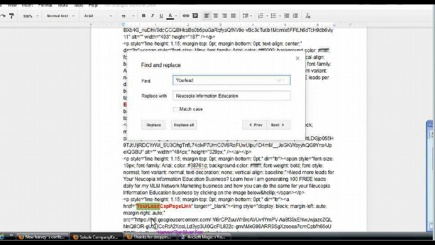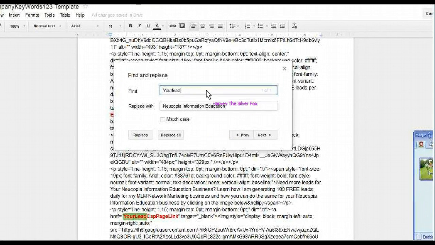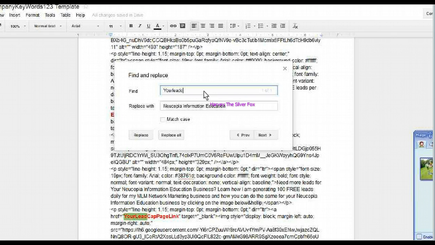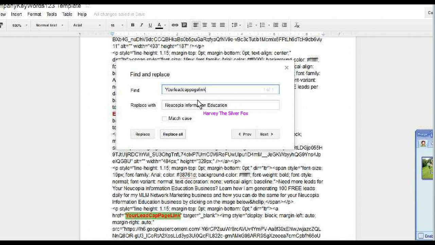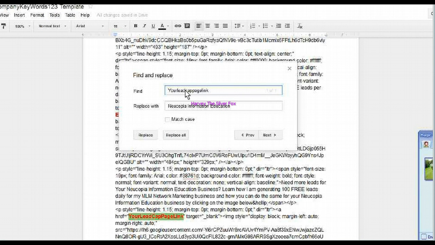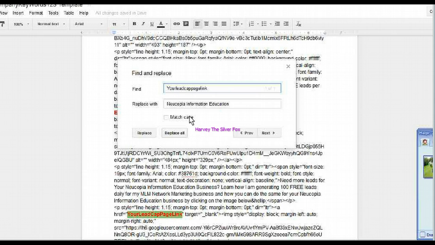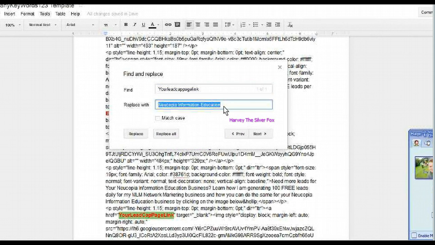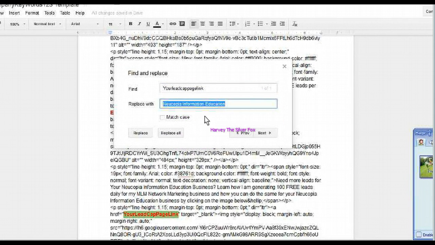And that's down here, your lead cap page link. That's the combination that I'm after. Okay, this is lit up, right? Replace all, so I didn't misspell, right? So I'm ready to replace, but I have to put in my